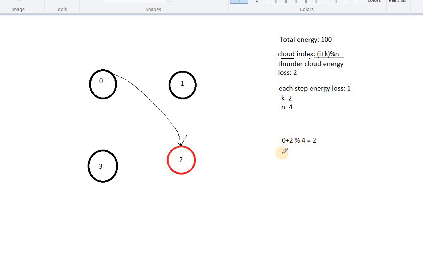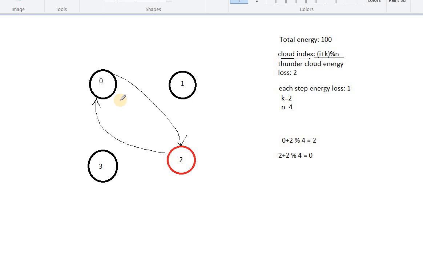Then for the next step, if we calculate the cloud index, then it will be (2 + 2) modulo 4. So 4 modulo 4 is 0. So again he goes back to the 0th cloud, the initial cloud.